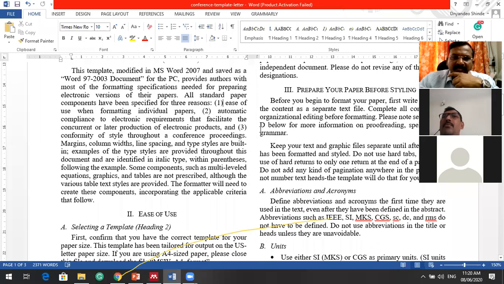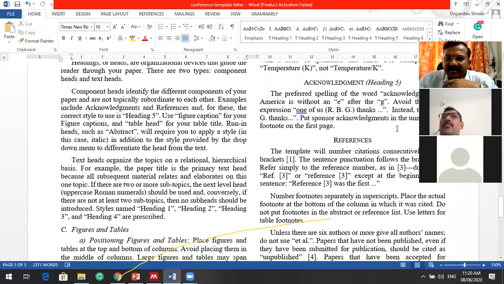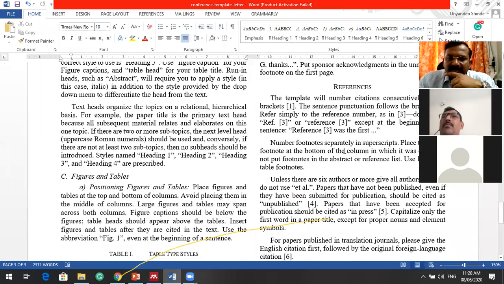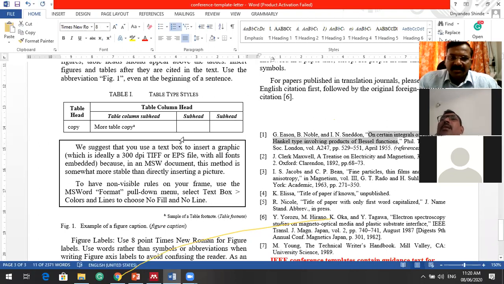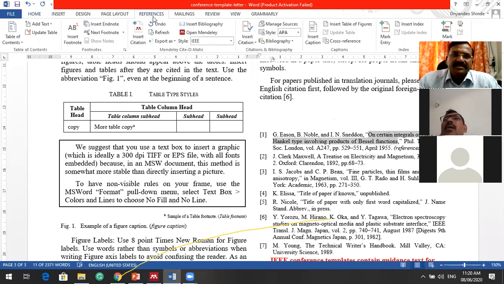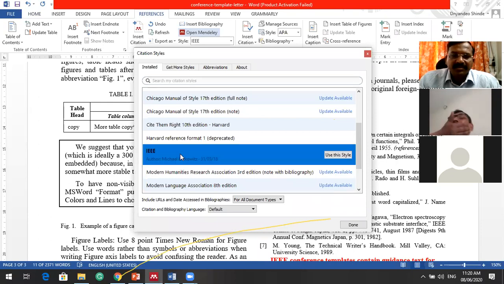Now let us say number 1. Here, let us say in references that is mentioned, number 1 paper is some G. Gainson Noble and the title of the paper is there. I will just copy it, Control C. I am going in the references panel, open Mendeley. Style, which style you are using, so IEEE.